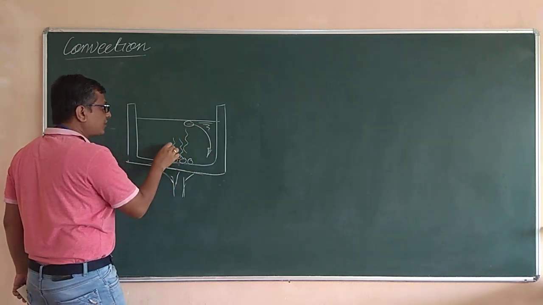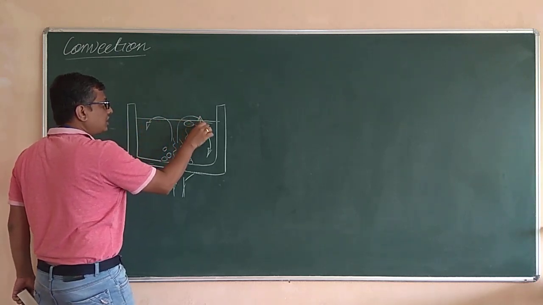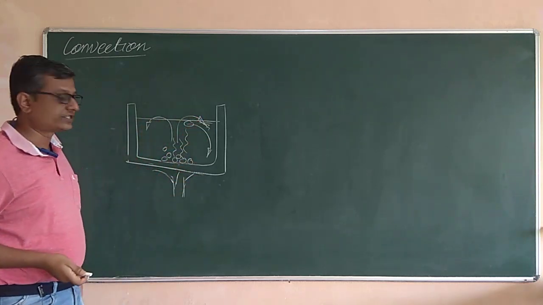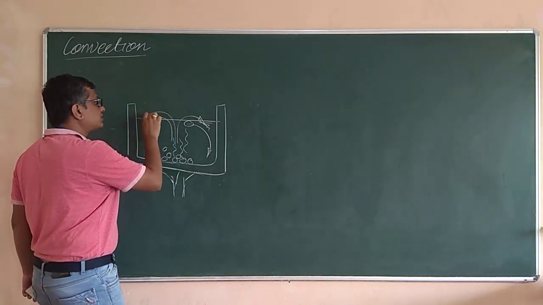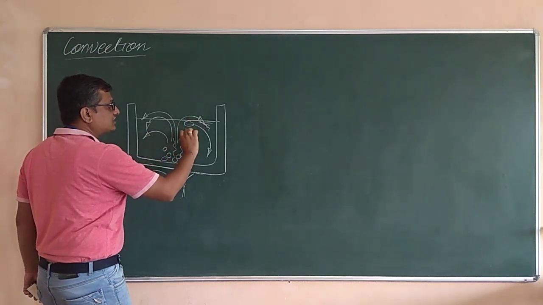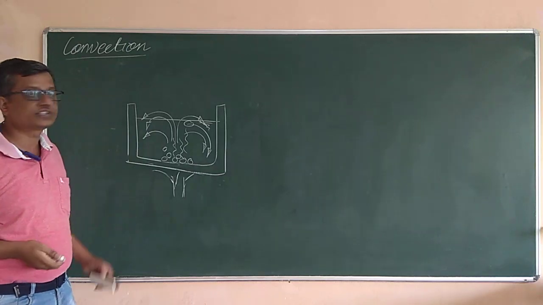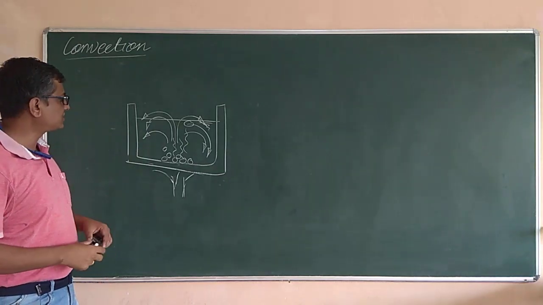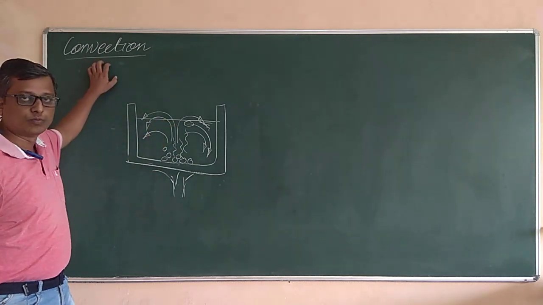That is the reason you might have seen, you can observe this physical phenomenon actually happening in the vessel. The heated liquid comes to the top from the bottom at the center, and the liquid which is dense will start to go down from the lateral side, closer to the lateral surface of the vessel. Now in this case also the heat is transferred from the vessel to the liquid by the convective mode of heat transfer.